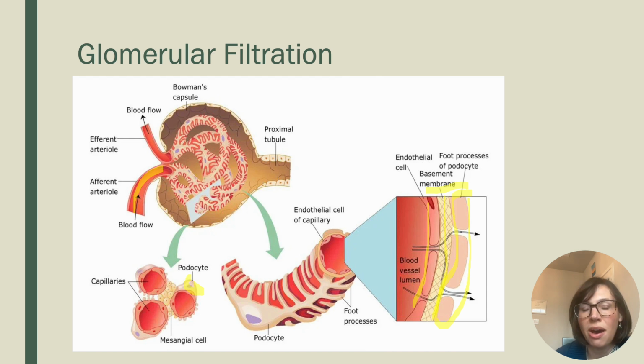Remember the root words pod, meaning foot, and cyte, which refers to cell. These foot-like extensions encircle the glomerular capillaries, and they leave small spaces between them called filtration slits. This is a site where excess ions and also waste products from cellular metabolism are able to exit the capillaries, move through that acellular membrane, and enter into the Bowman's capsule,